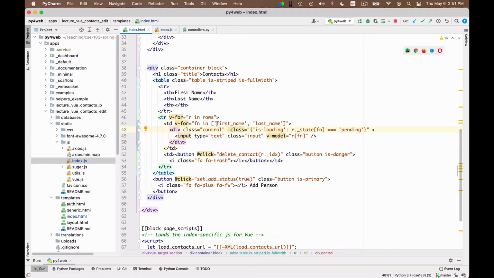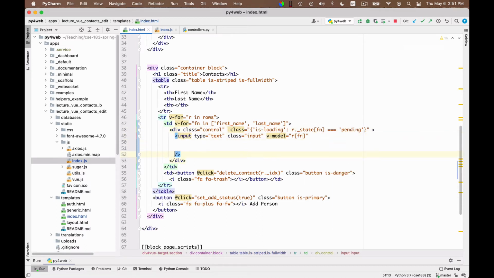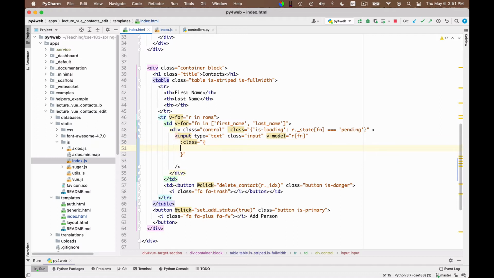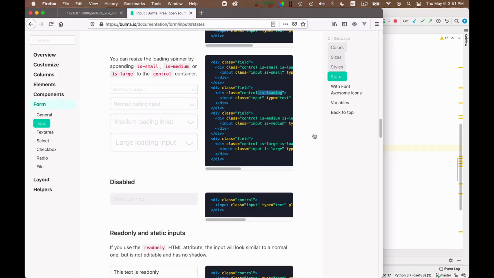Now we need to take care of the class for this input. So let me make this field a little bit bigger so that inside it I can write these class comments. Same principle. This will be sort of multiple choice, if you want to think of it that way. Let's see which classes are there.